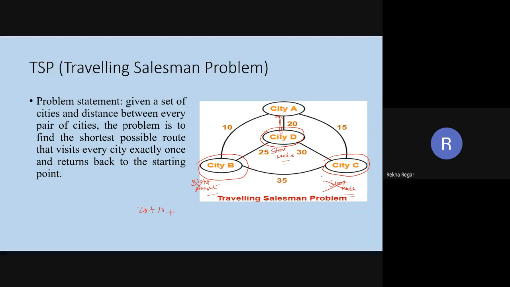So we have to go in this direction, next is 35, and after this we go this way, which is 30. So what will be the total? 30, 30, 60, 60 plus 30, 95.